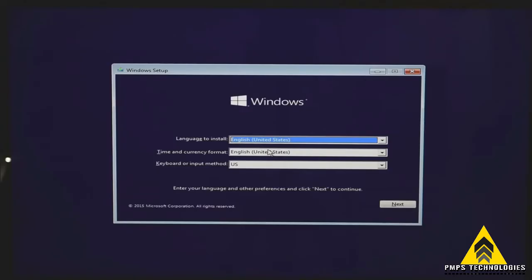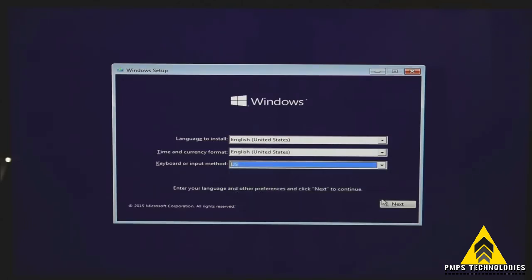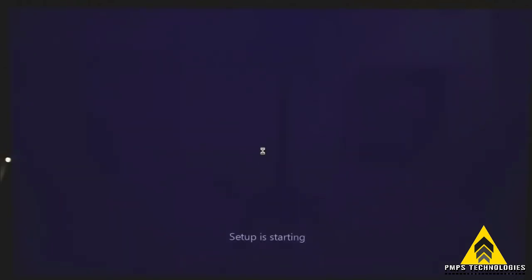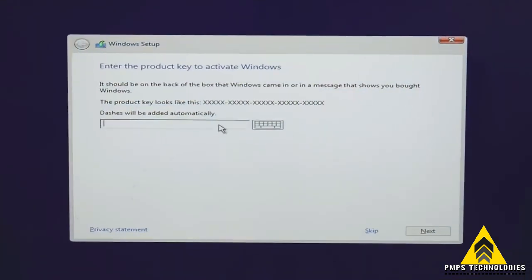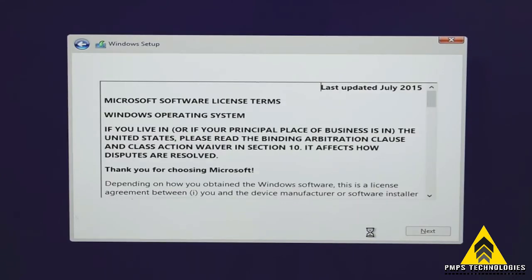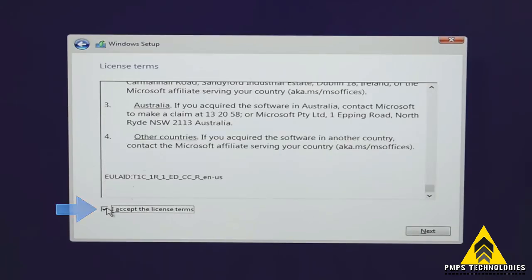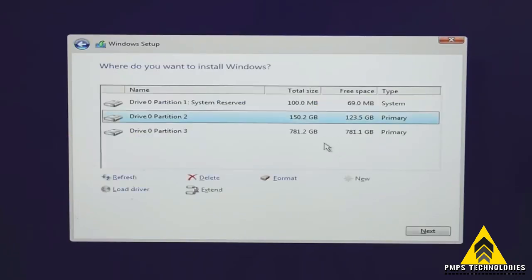On the Windows setup screen, we first need to choose the language to install, then choose your time and currency format, and finally the keyboard or input method. For me, all the defaults will be fine, so let's go ahead and hit next. Now click install now and it will start the installation setup. Now it will ask you to enter the product key to activate Windows. If you have one, use it here, or you can do it later in case you don't have one. Now it will show you the Microsoft terms and conditions to use their software, so scroll down and check the I accept the license terms box. Now click next and from here choose the custom install Windows only option, and it will bring